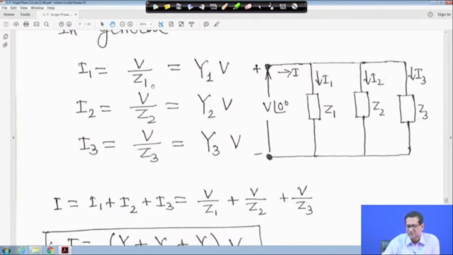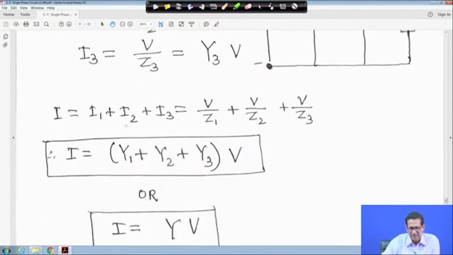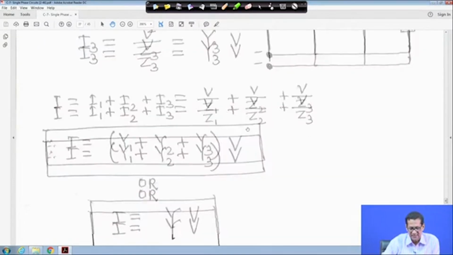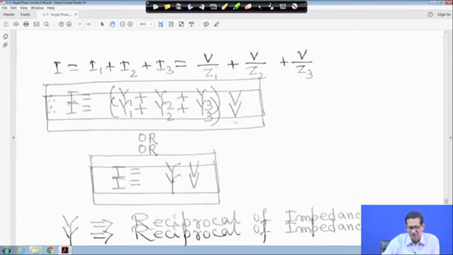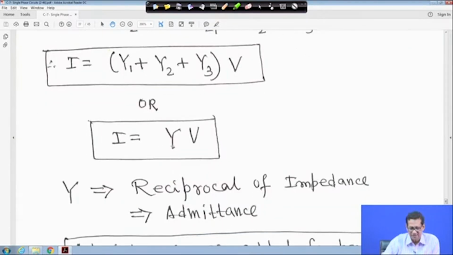So, I1 will be V upon Z1. For a parallel circuit, it will be Y1V. I2 will be V upon Z2, it will be Y2V, and I3 is equal to V upon Z3, it is Y3V, right. Therefore, I is equal to I1 plus I2 plus I3, so it will be V upon Z1 plus V upon Z2 plus V upon Z3. Therefore, I is equal to (Y1 plus Y2 plus Y3)V, or I is equal to YV, or Y is equal